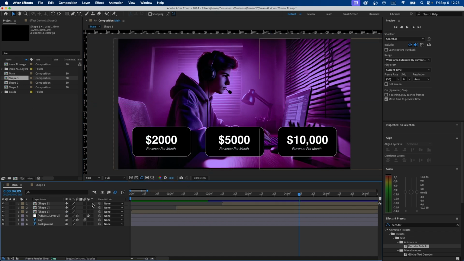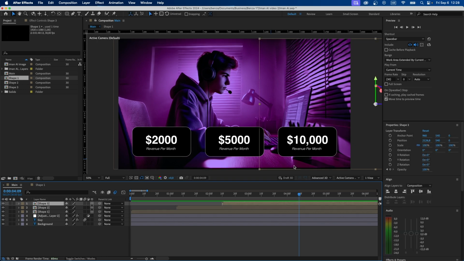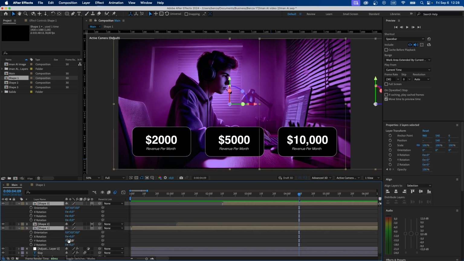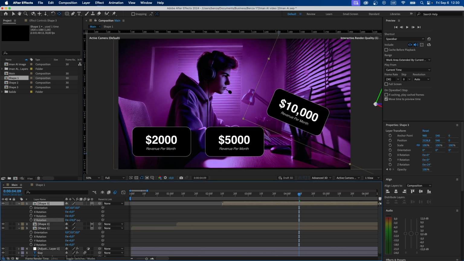back to their place. Now make sure these layers are set to 3D. That's because we're gonna have to rotate the first and the last layer at a specific angle. So select the first and the last layer by holding Ctrl or Command, press R for rotation. Just make sure that the anchor point is actually set in the middle of this layer, because we're gonna have to rotate it based on the anchor point. As you can see, if we decided to rotate it and the anchor point wasn't placed properly, it just wouldn't